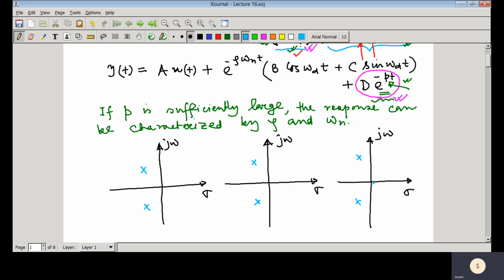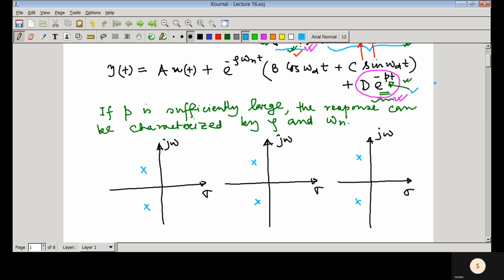If a pole lies far away from the origin, its effect would be less, because we have seen that whenever a pole is placed far away from the origin, due to that pole